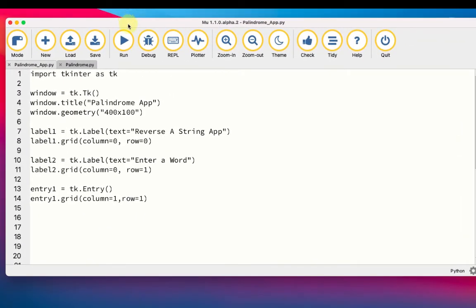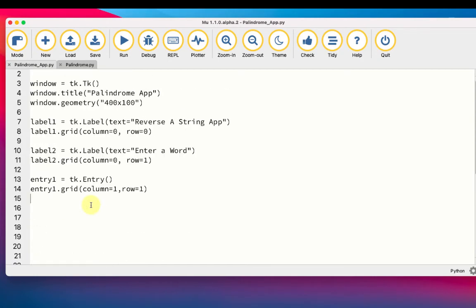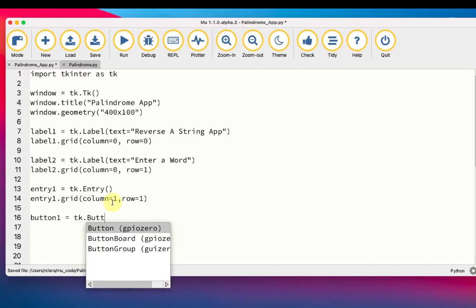So there's a few things we need to do now. One, we need to create a button, right, to make it work. But also, we need to create functions that do what our program does, right? That actually initiates this. So first, let's just go ahead and create the button. Now, the button isn't going to do anything, so there's going to be some information that I leave out. But I'm just going to call it button1 equals tk.Button,